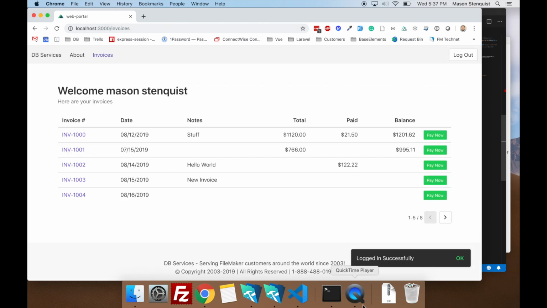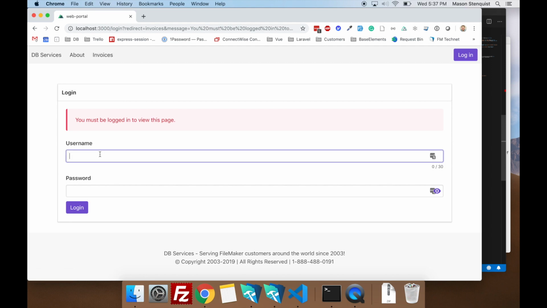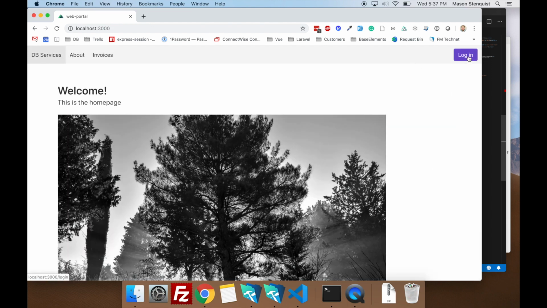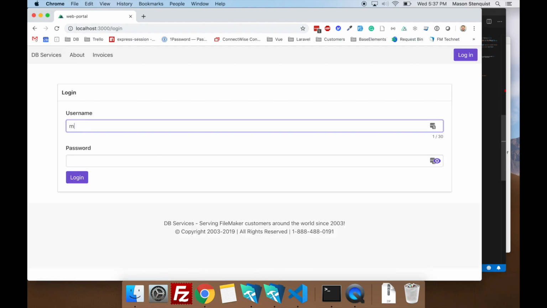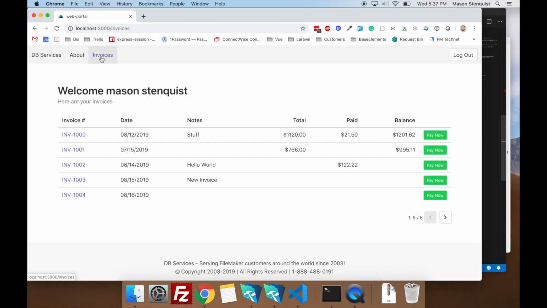And we did. We got this logged in successful. And now we can start seeing our data. Everything's working pretty good. Let's make sure log out works. Yeah, it's working great. And if you just try to log in, it doesn't show that message. And see, this time it went to the home page instead of invoices. All right, we are making a lot of great progress.